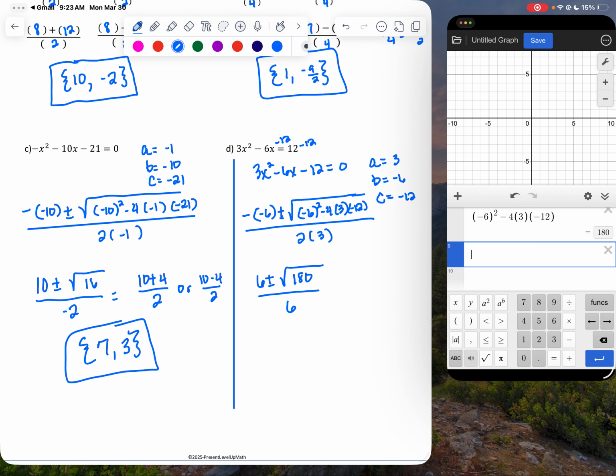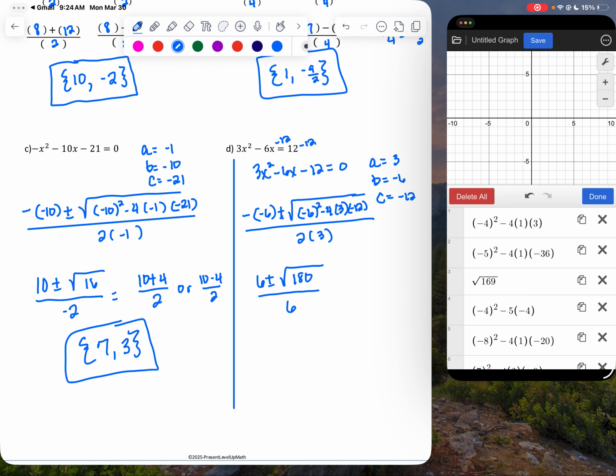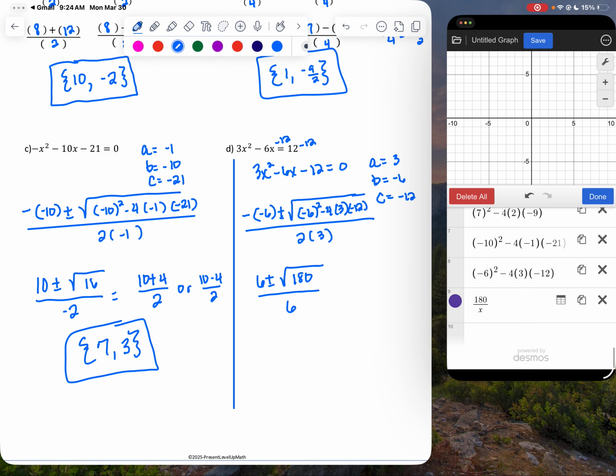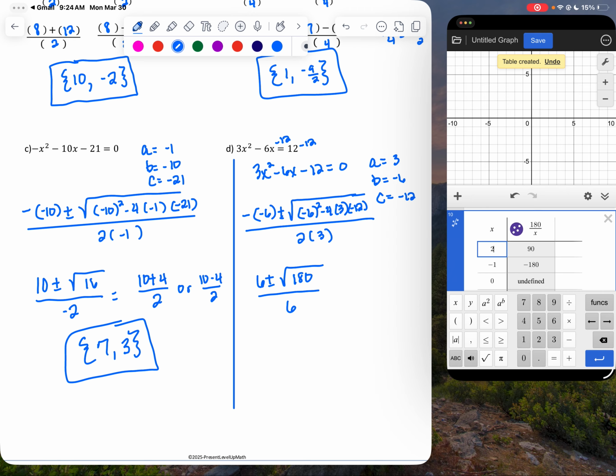Now, 180 is not a perfect square, so I want to break it down, square root 180, to its perfect square factor. 180 is a big number, so I'm going to use my calculator to help me find the factors. 180 divided by x, and then just make a table starting with 2 times 90, 3 times 60, still no perfect squares, 4 times 45, 5, there's a bigger perfect square, 36, 5 times 36, 6,